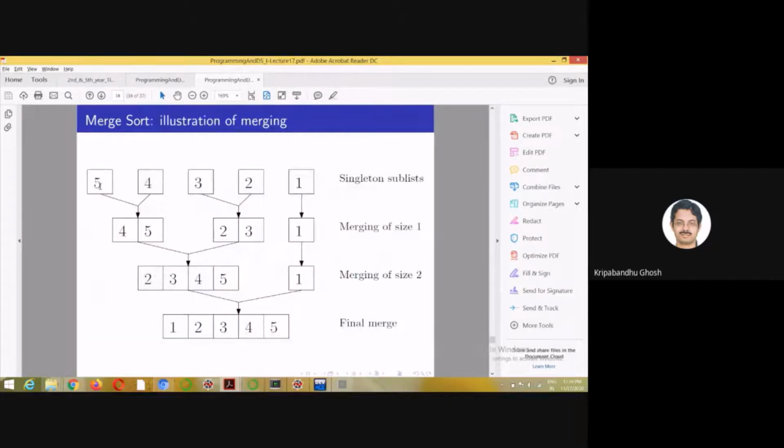First it applies it on the consecutive singleton elements and merges them into elements of size 2. The elements which are odd are carried forward, and at one step they are merged.